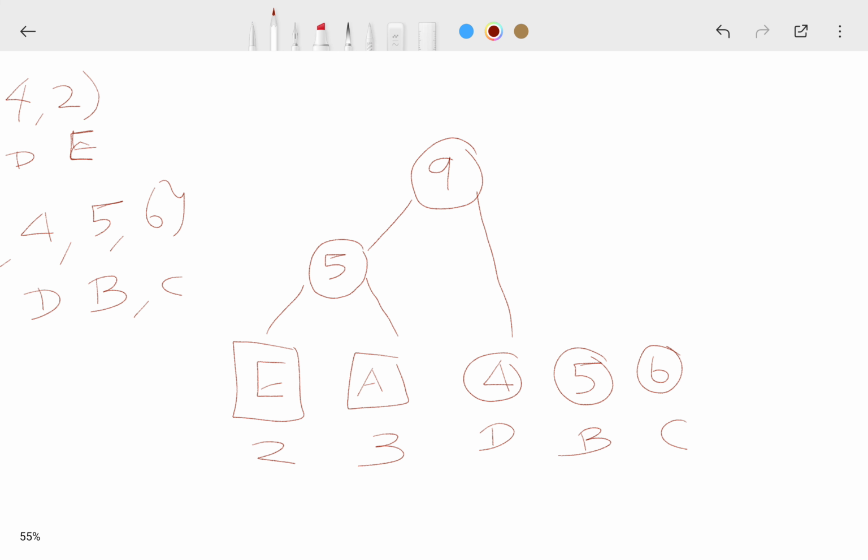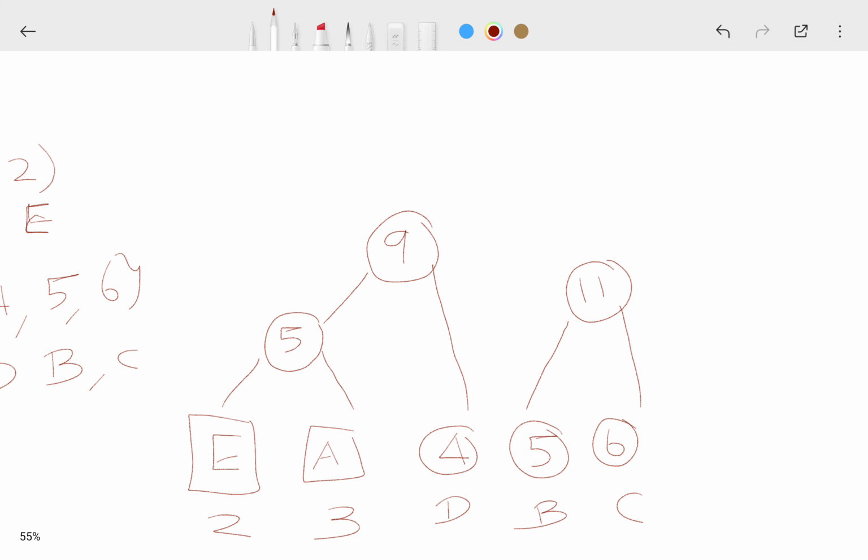Then next, from the remaining unvisited frequencies, we need to select the minimum two frequencies. This is 5 and 6. So I select 5 and 6 and create a new node with frequency 11. And then finally there are only two unvisited nodes. I select these two, and then I create a new node, that is the root of this Huffman tree,